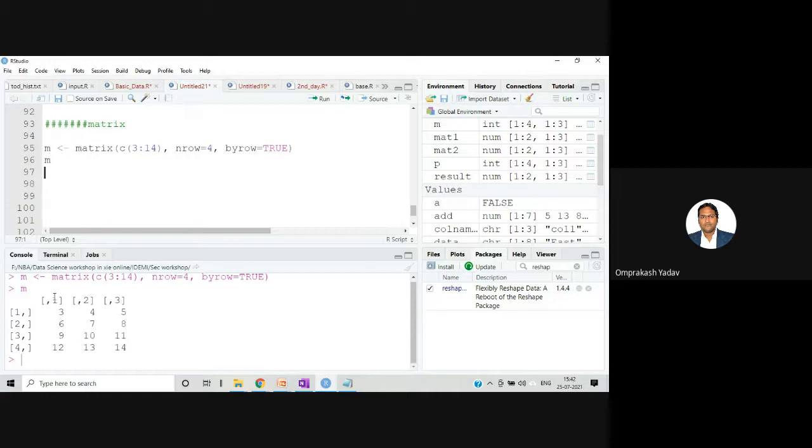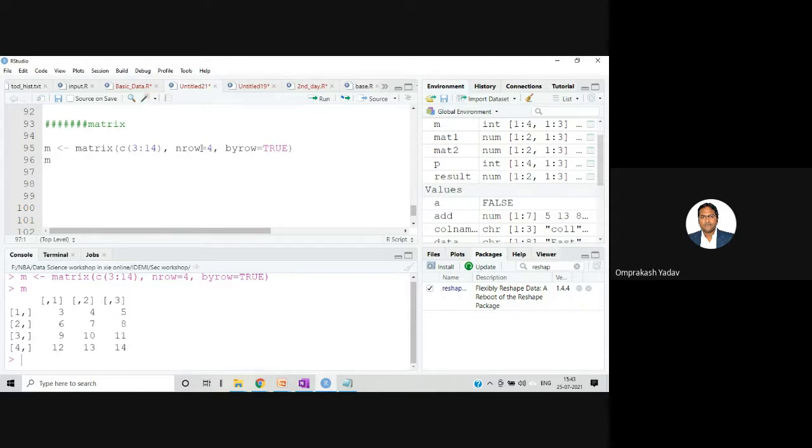If you see here, it has all the values from 3 to 14. If you count, there are a total of 12 values. If I make four rows, obviously 4 by 3 is 12, so there will be 3 columns.